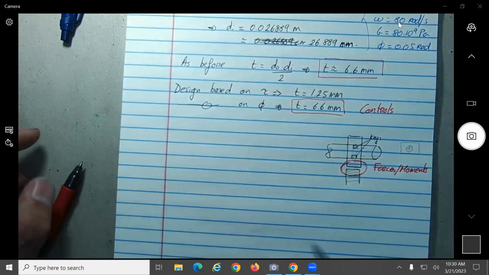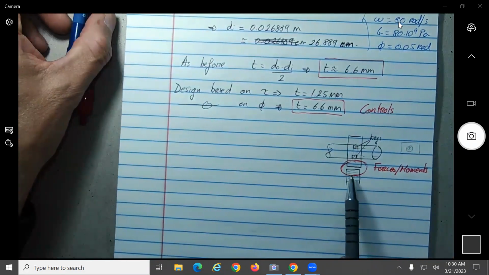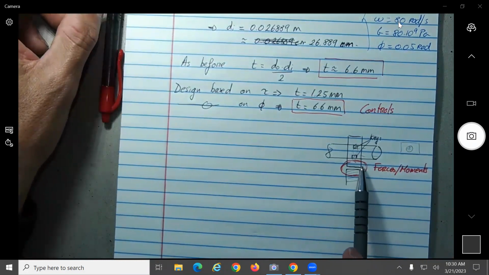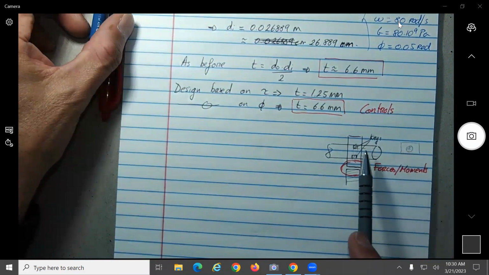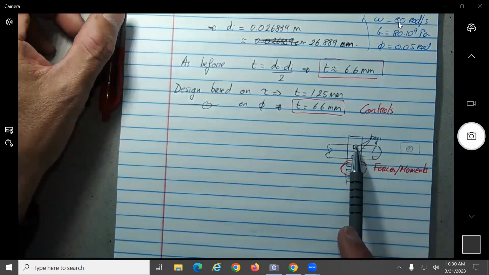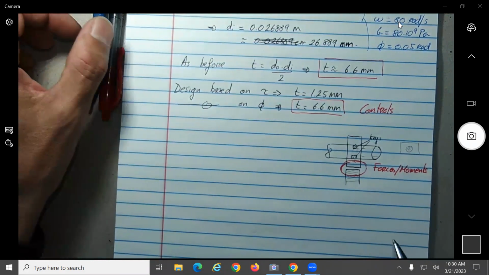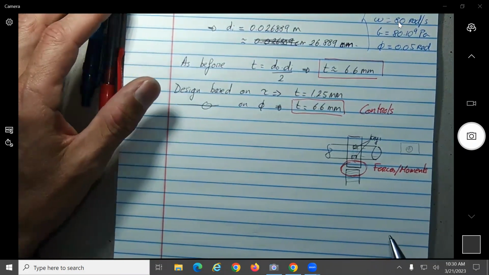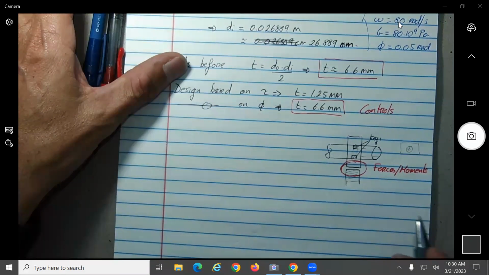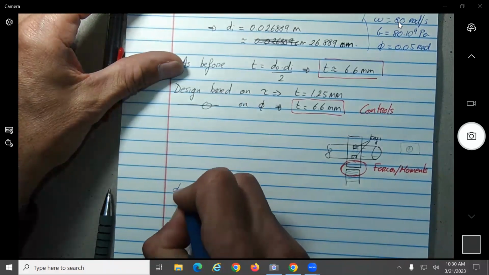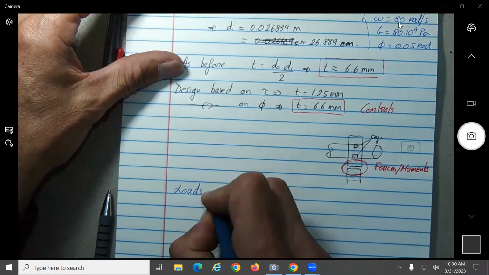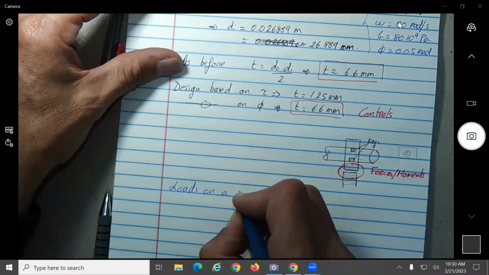So the next thing we're going to look at first is what are the forces between the connection of two gears, and then also what will be the different stresses due to the keys or to the holes that might be in your design. So this section will be loads on a